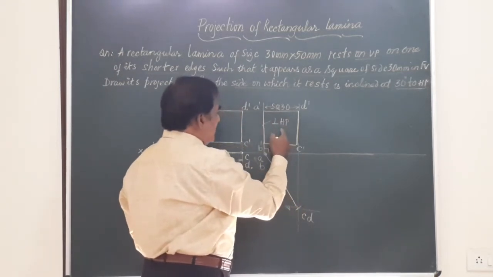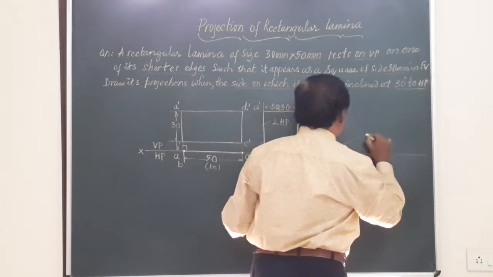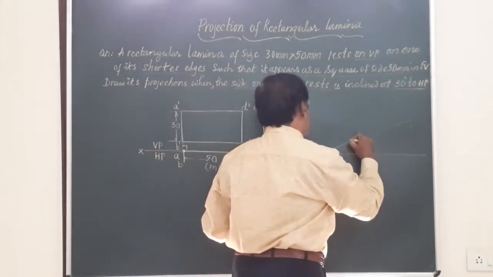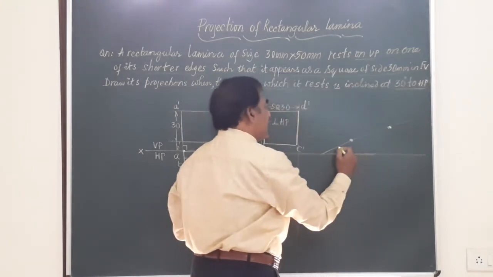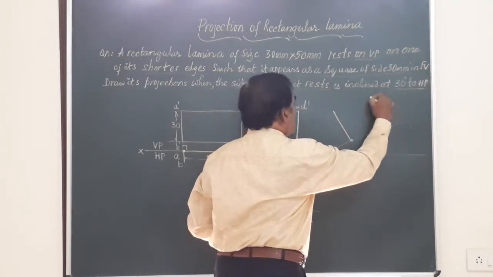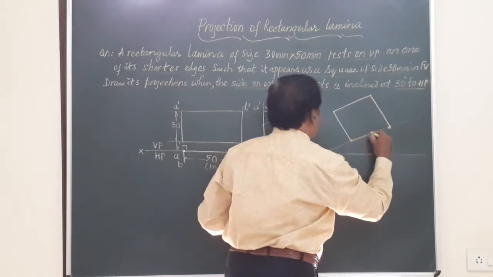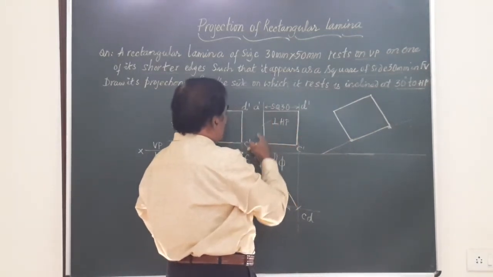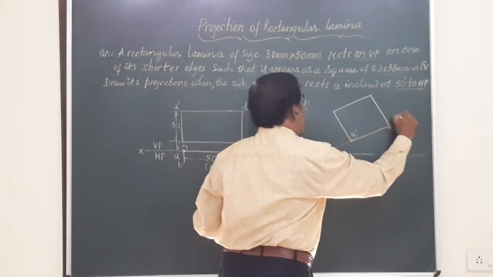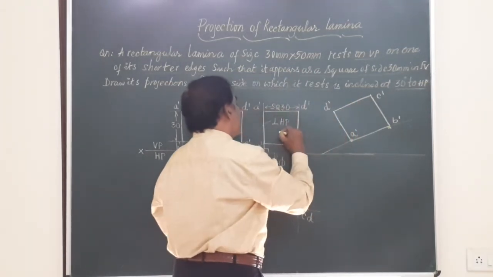It was perpendicular, so instead I should write a line here at an angle of 30 degrees on which the side AB is going to rest. So I will mark here a square with A dash B dash resting on this. So this is one side, the second side, third side and fourth side. Friends, this has to be A dash B dash. We can write anywhere. Say this is A dash, B dash, C dash and this is D dash, and these two figures are the same.